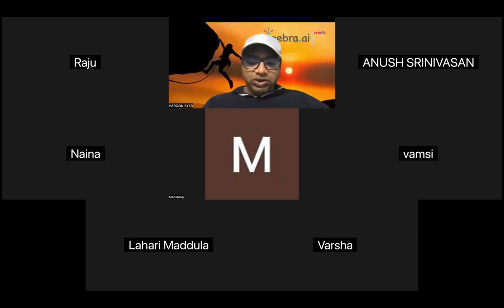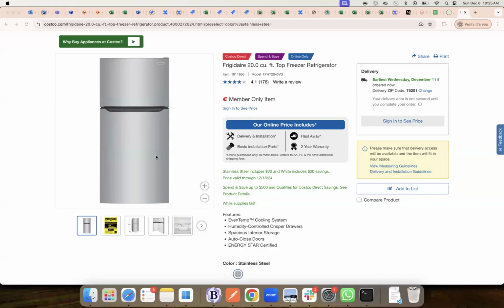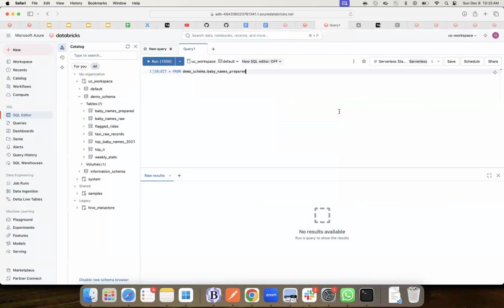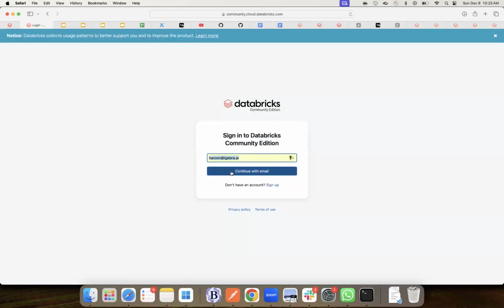Okay, so welcome back. Next we want to talk about the Hive Metastore and the Unity Catalog. So basically, we have been using all of this for a few weeks now. What we have observed here is, if you go to our community edition,